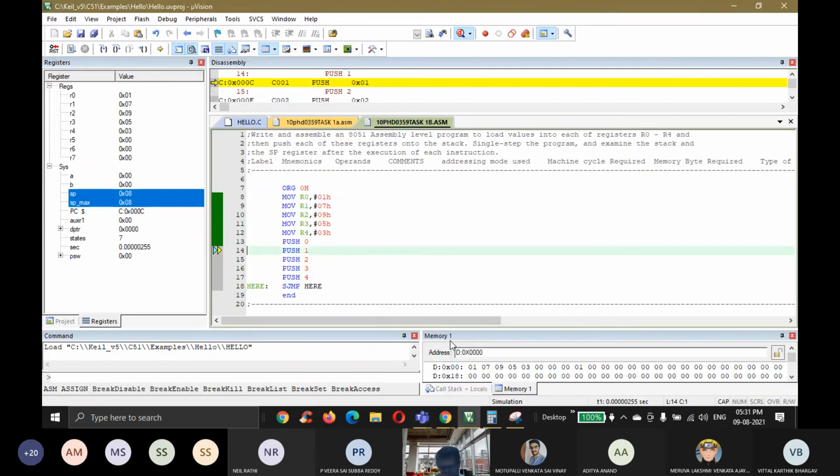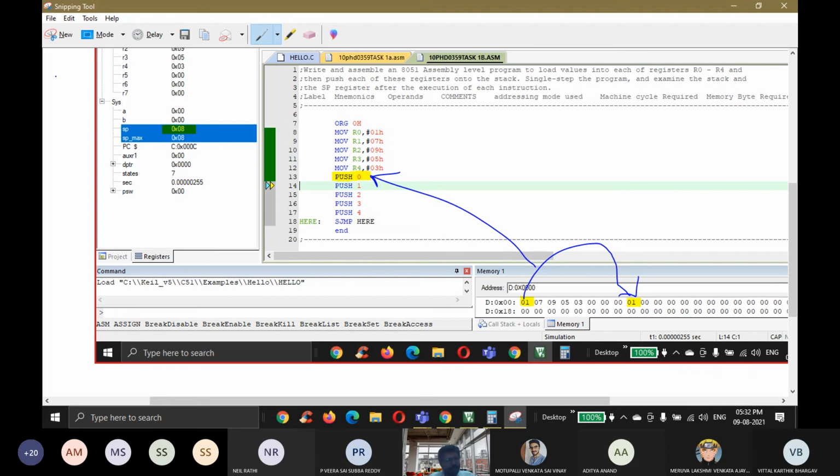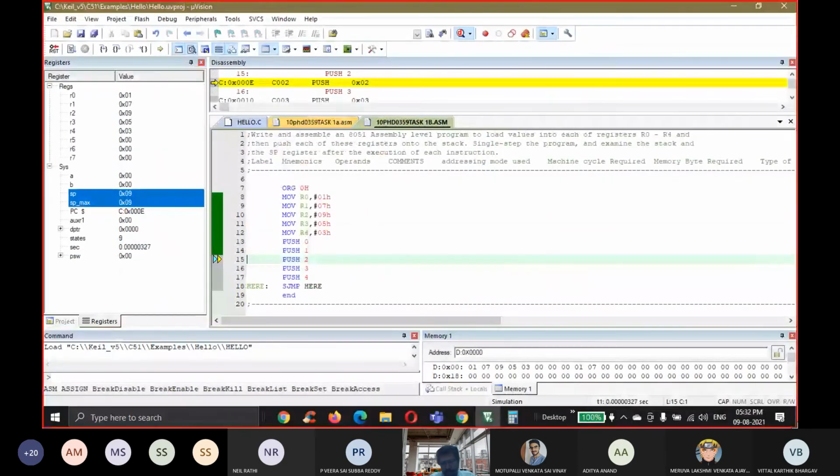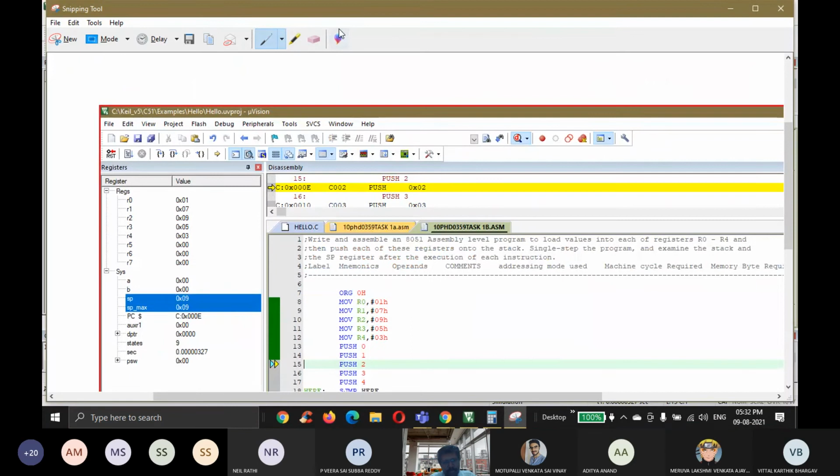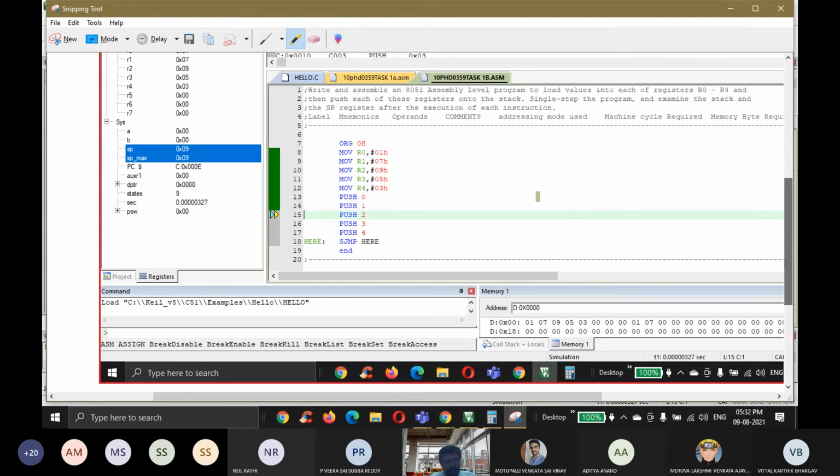So similarly, next step I'm giving. The next data is being pushed on the stack. You can see 07 is being pushed. Now for the second operation, you take a snip. Sir, if I take a photo, highlighting cannot be done. Therefore, you will lose your marks, 0. So no photo, only the snipping tool you have to use. So push 2 is being executed, and the value there is 07. Sorry, before this, push 1 is executed. We can erase this. Easily you can erase also when you have made a mistake.